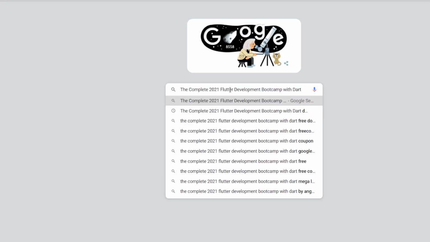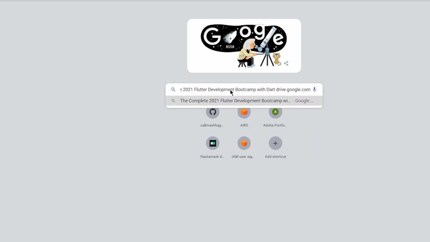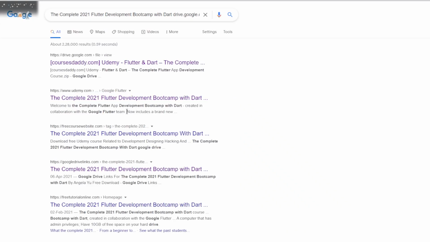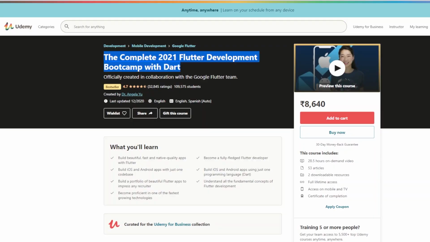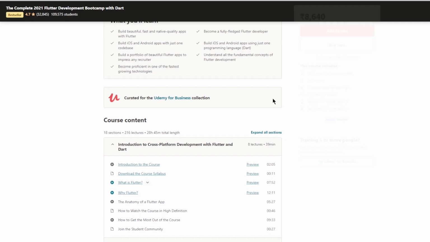Paste what you have just copied and add drive.google.com after it. You can see here that the link which I got is for the same course. And when I click on this link, it takes me to the Google Drive where the course is stored and I can directly enroll for this course and start developing things with it. In most cases, this trick works, but many times it won't work if the course you are trying to search for is not a popular one, so be sure of that.